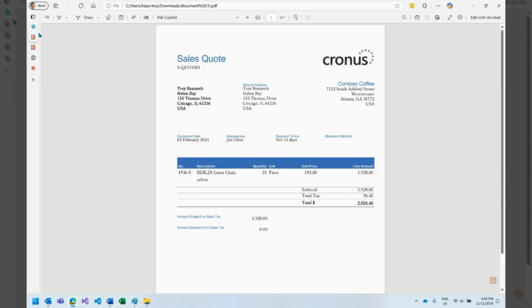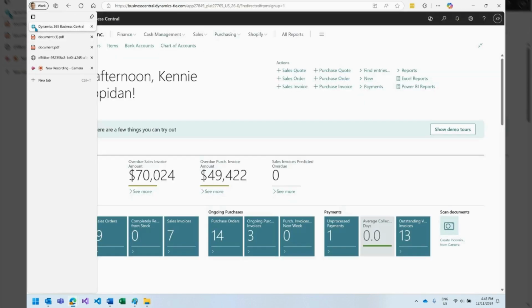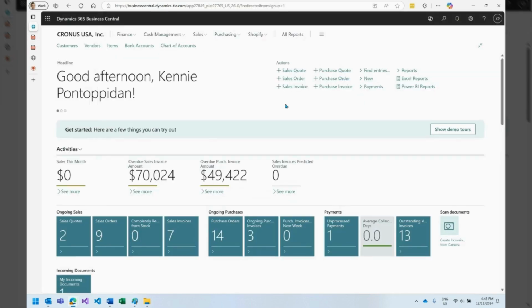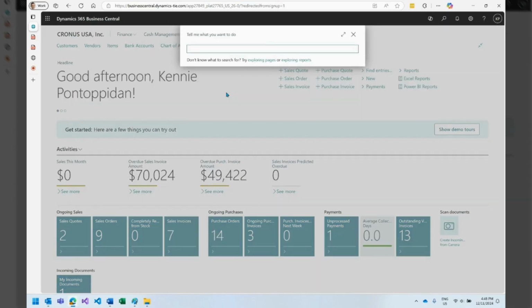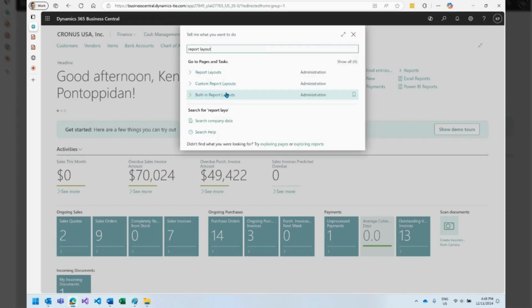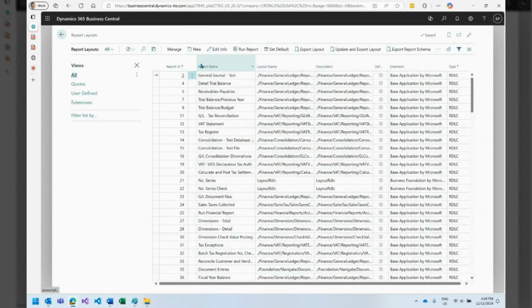So in this video, I'm going to show you how the marketing department can do just this in a few minutes with no need for a developer. The first thing is going to the report layouts page. This is where all the layouts for reports are hiding in Business Central. And here you can see if you search for Themable